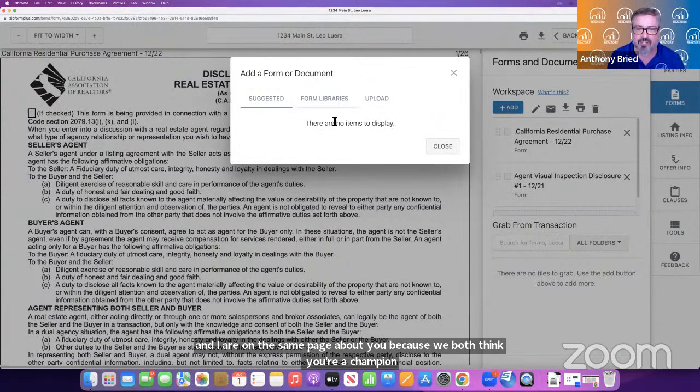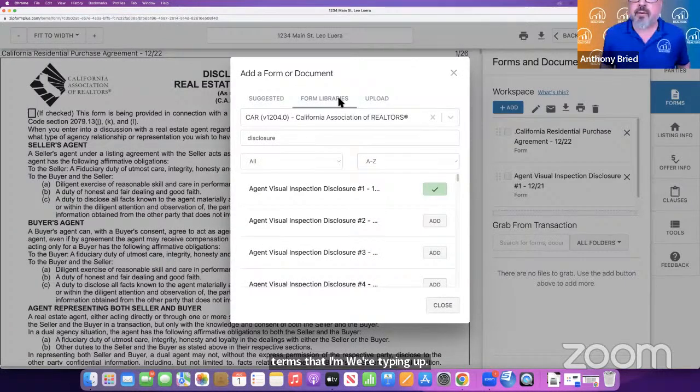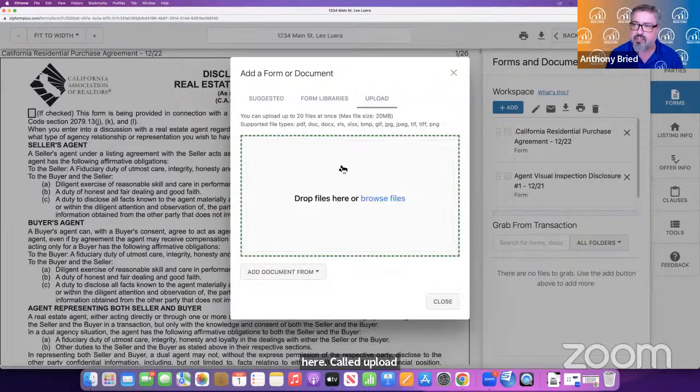Oh, thank you. So here, as you're typing in terms on a contract, the suggested forms will appear based on the terms that we're typing up that may be required. Now, there is also another choice here called Upload. CAR and zipForms allow you to upload documents from outside of zipForms, like PDF files, Excel spreadsheets, Word documents, or JPEG files. Now, this is great in case you have to upload, say, a company disclosure, or better yet,